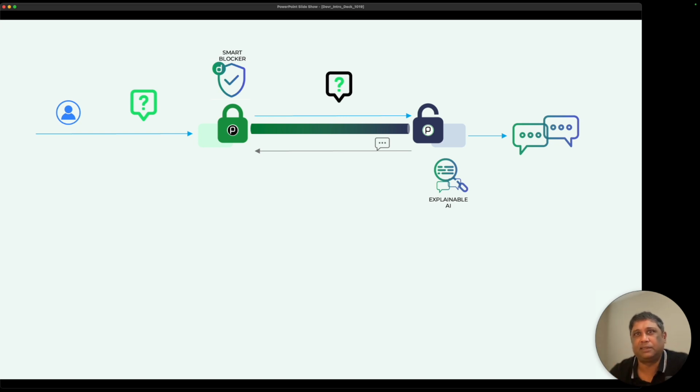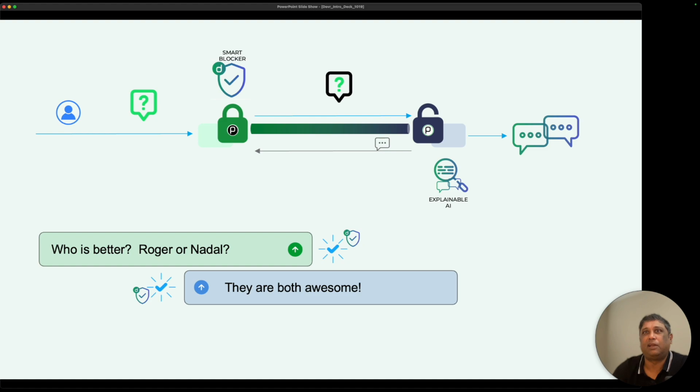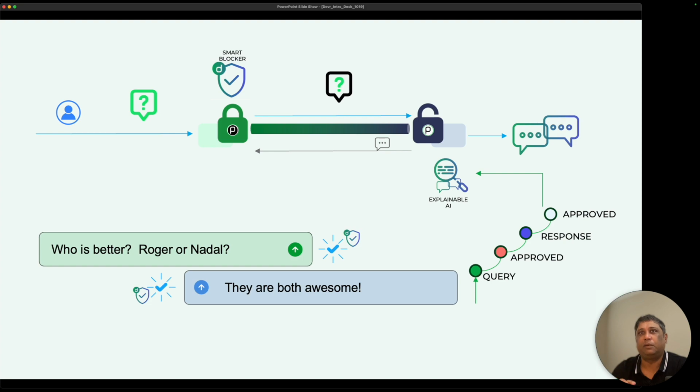So let's look at a very, very simple example. We ask a question, the smart blocker approves that question and approves it to be sent to the large language model. And then when the response comes back from the large language model, the smart blocker then approves the response and says, yes, this response is okay. Now what gets generated on the decentralized data lake are the corresponding transactions, which is a question was asked, which was approved, which led to a response, which was also approved. And what this chain of transactions does is it provides the data required to provide the explainability for the large language model.